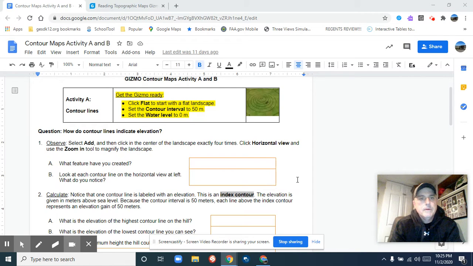Okay, I've been looking through the Gizmo contour maps activity A and B, and I see quite a few of you struggling with some of the answers here. So I'm going to go through some of the questions. The first one, when we talk about,